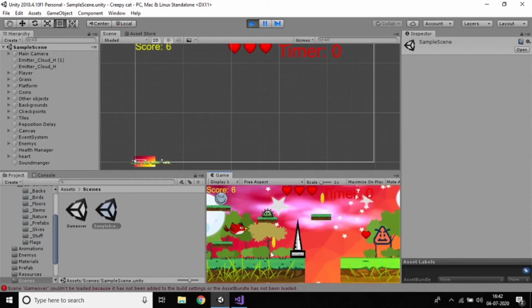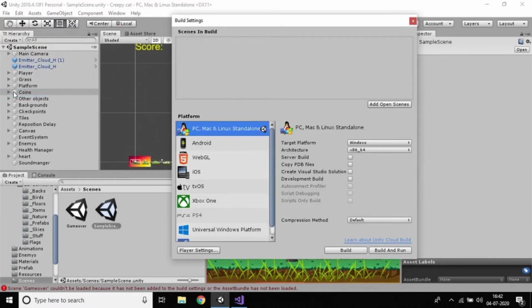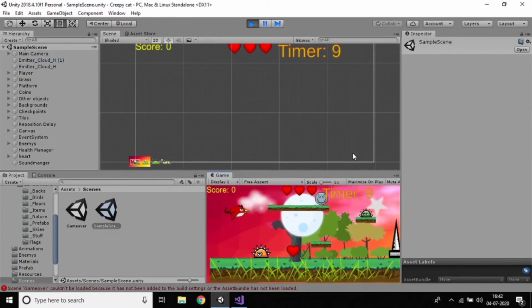Yes, and you are getting an error after 0 that we couldn't load the scene because it's not in the build settings. Just go to build settings, that is Control Shift B. Here we need to add the game over scene. First of all, we add the sample scene, and after that the game over scene. Close it now, press play, and you can see how it works.